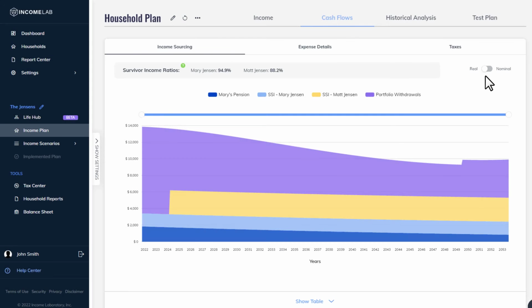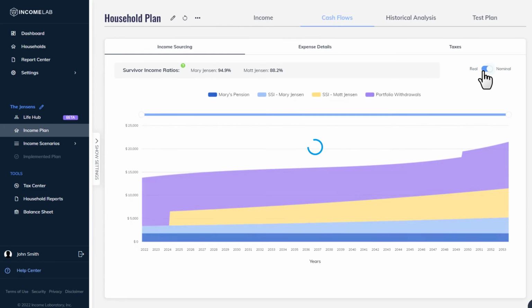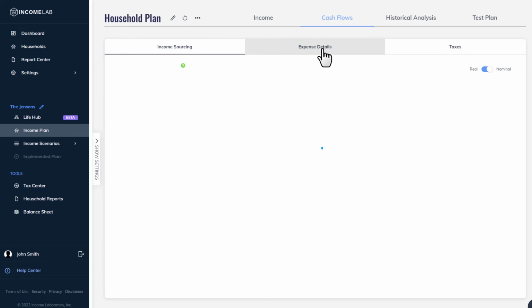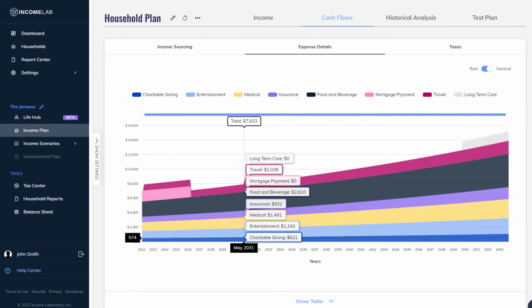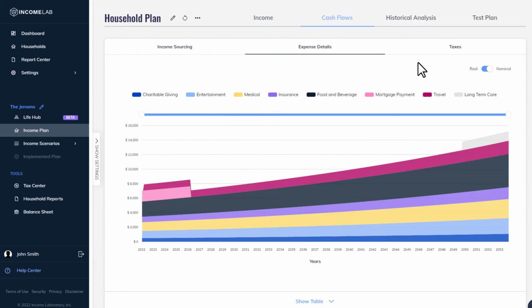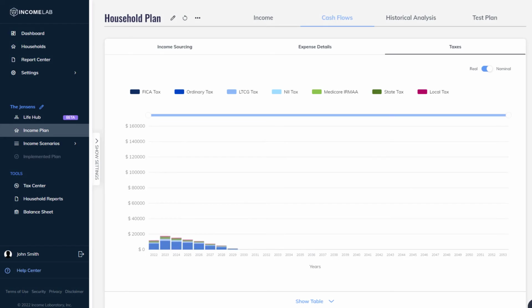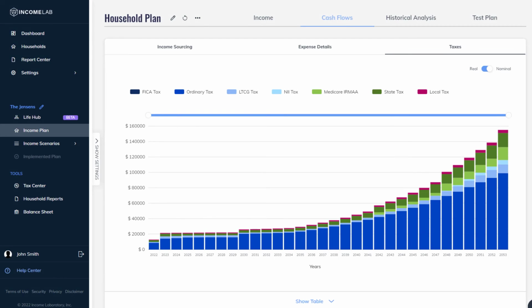On the top right of the page, you can quickly toggle between real and nominal values to quickly show numbers in today's dollars or future dollars. The Expenses tab provides a quick overview of the client's essential and discretionary spending based on your inputs. The last tab, the Taxes section, shows estimates for a range of tax types including state and local tax, FICA,